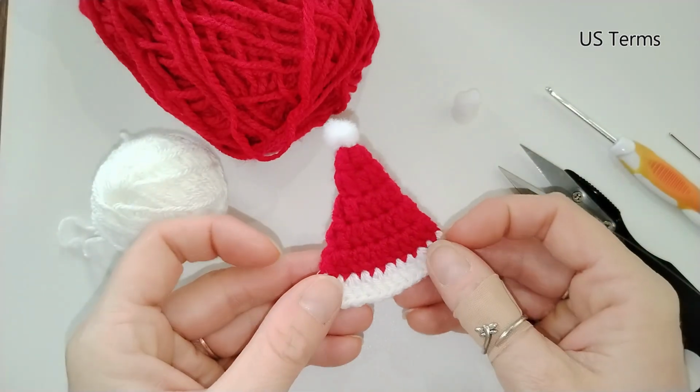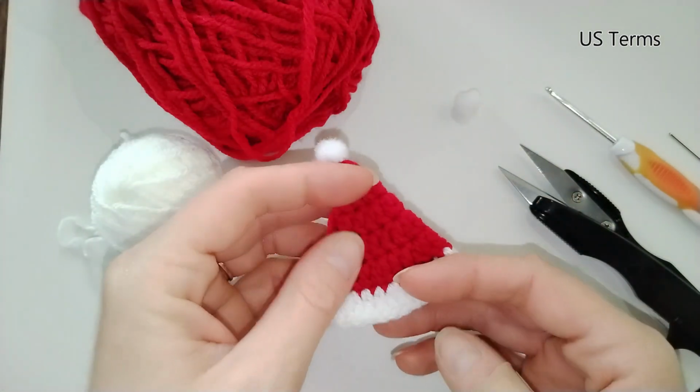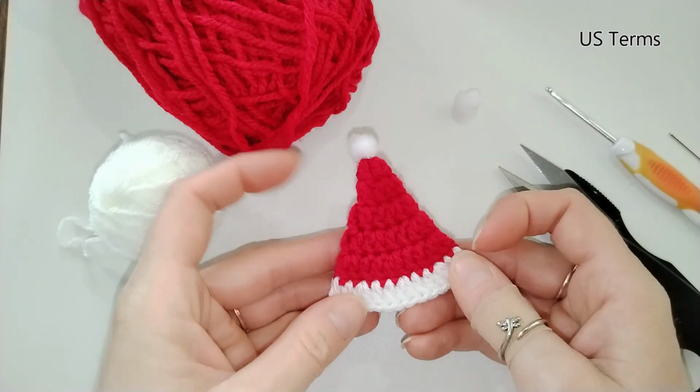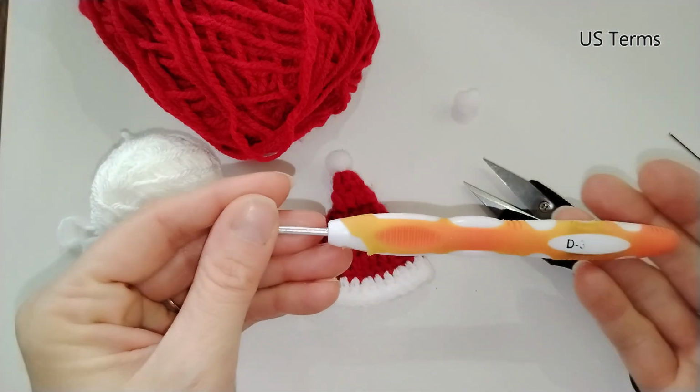In this video I'll be showing you how to make this cute little Santa hat. You can leave it like this if you want, or you can give it a little fold, a bit of glue when you're finished. You need something to cut your yarn with, a 3mm crochet hook,